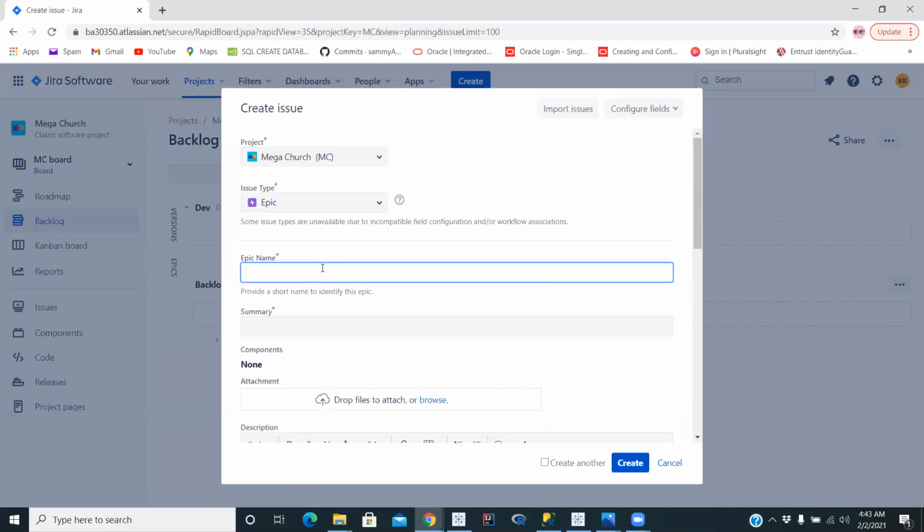Good. And then you put the epic name. You type in the epic name. So it can be the donate button or donate feature, donate something. So it's just short. Epic name is very short. It's not like we write a full sentence or something. You just make it very short, very simple, that will make sense to you that this is the grand feature, and you begin to